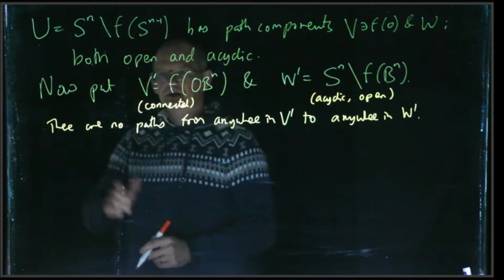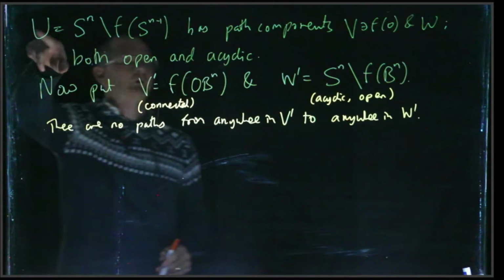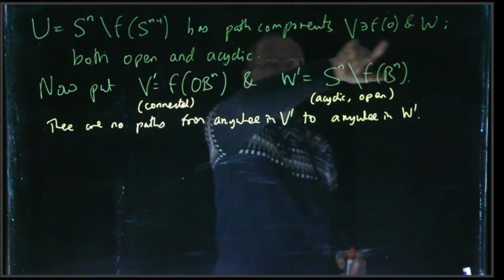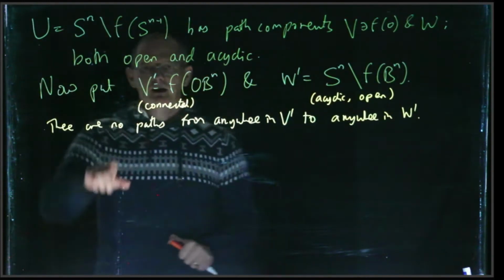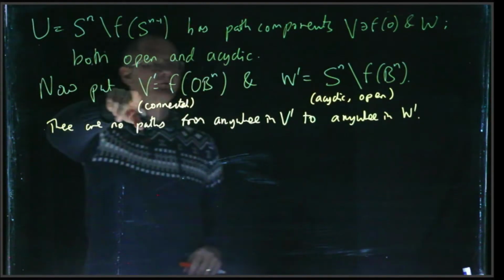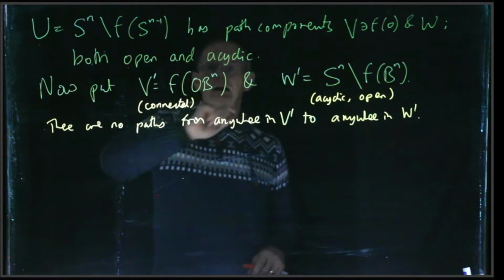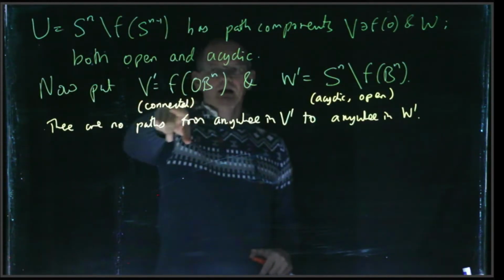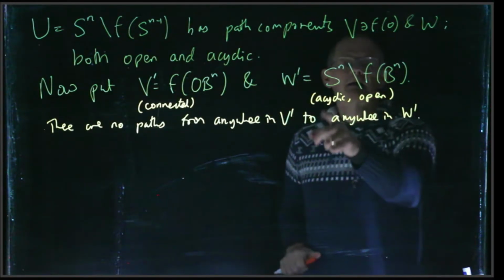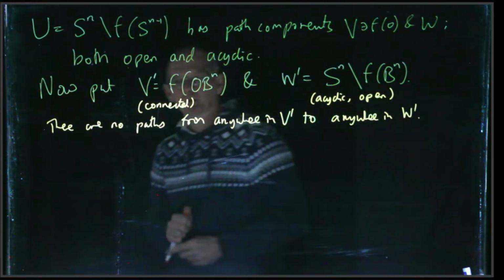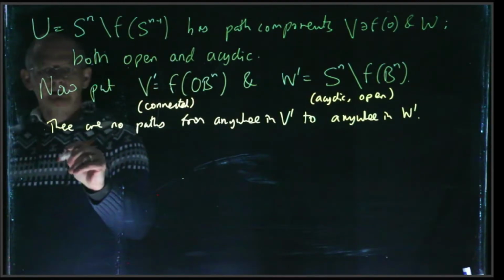Okay, so let's just take stock again. Here's what we've got. We've got our U split as V union W, where these are both open and acyclic and in particular connected. U is also split as V prime union W prime disjointly, where V prime is this set here, which is connected, and W prime is this set here, which is open and acyclic, so in particular connected. Okay. Now,